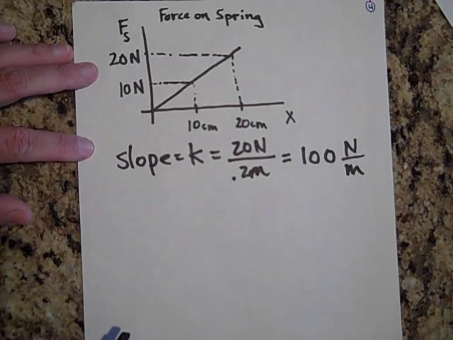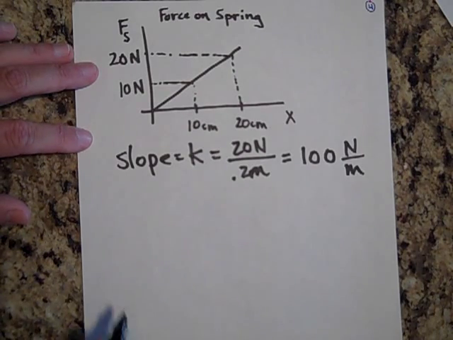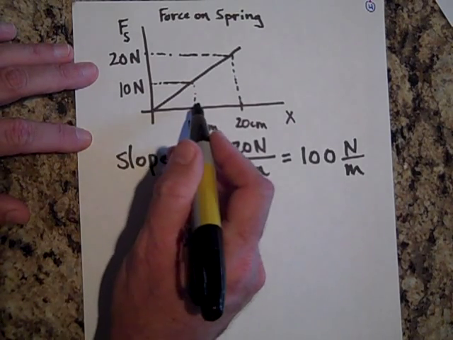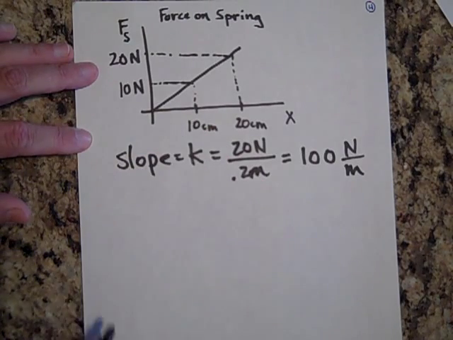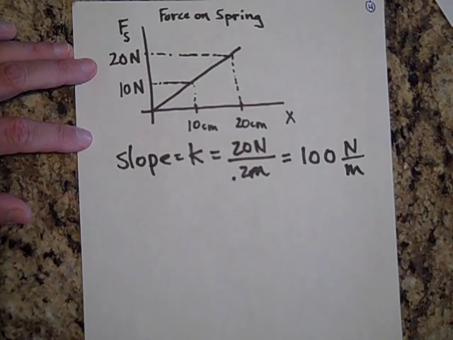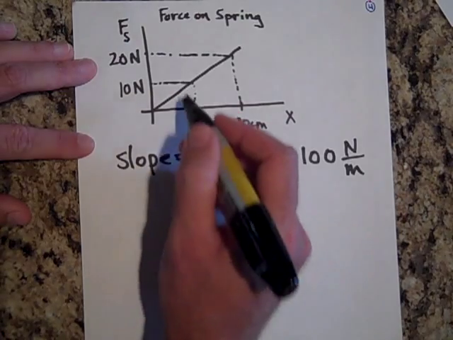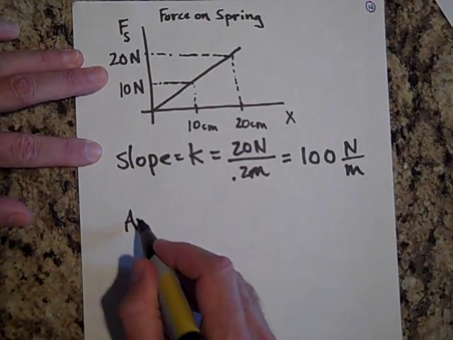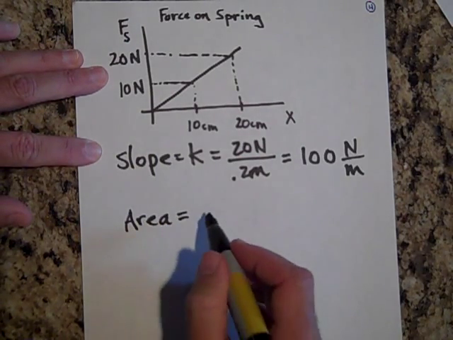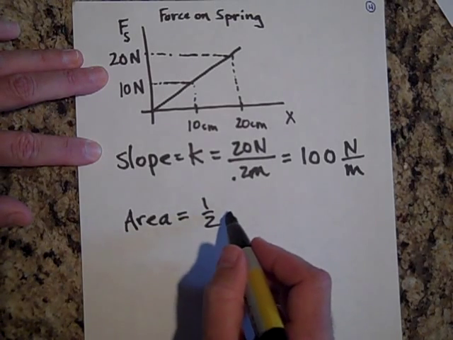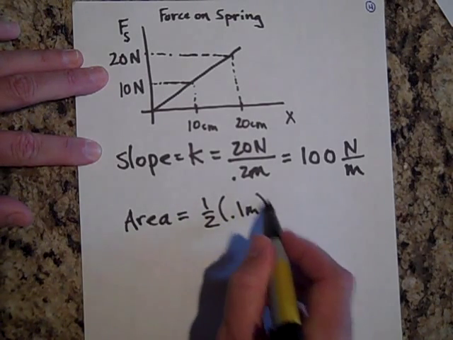Okay, then lastly, I'm going to ask, what is the amount of energy stored in the spring when you only stretch it 10 centimeters? Okay, go ahead and pause. Okay, we're back. That would be the area underneath this curve. So the area is the energy, and that's going to be equal to 1/2 the base, 0.1 meters, times the height, 10